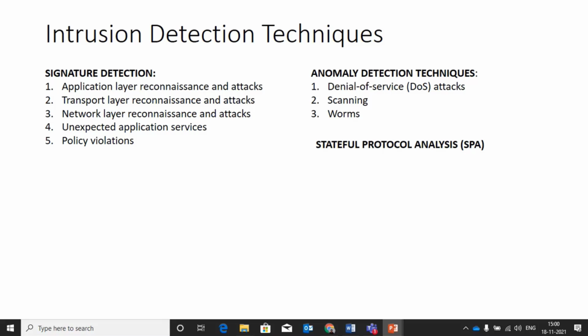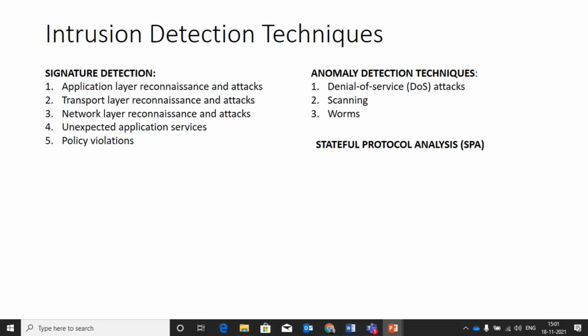Other than this, we have two other methods like the stateful protocol analysis. The stateful protocol analysis is a subset of anomaly detection, basically, that compares the observed network traffic against a predetermined universal result. So this is slightly distinguished from the anomaly technique,